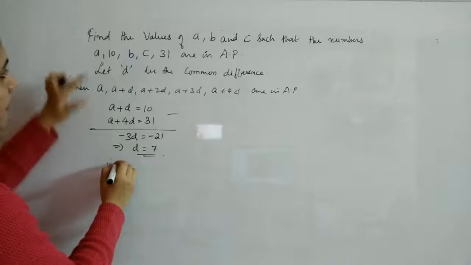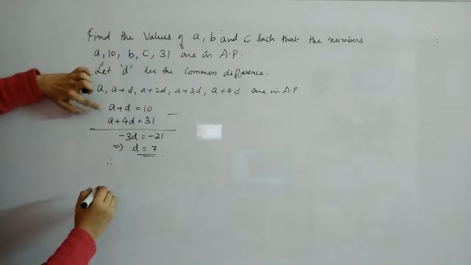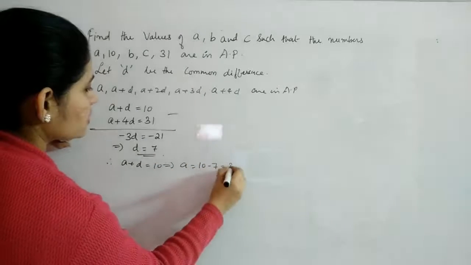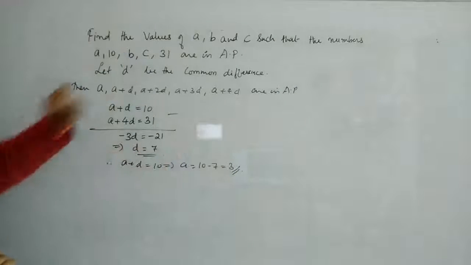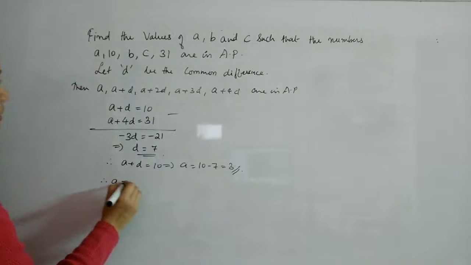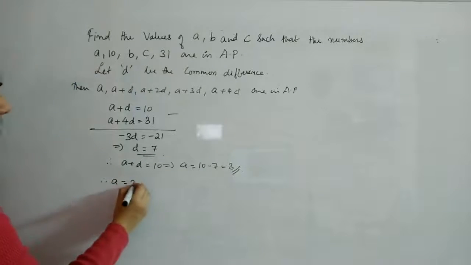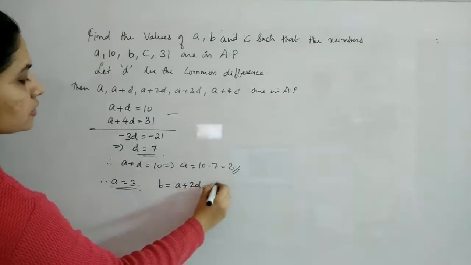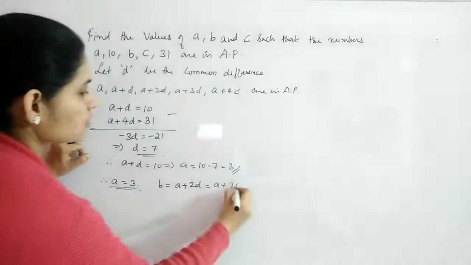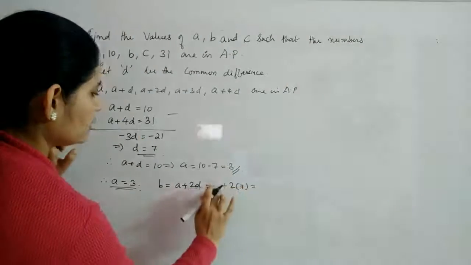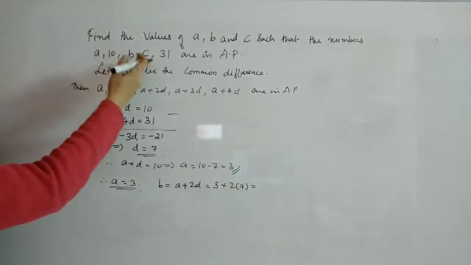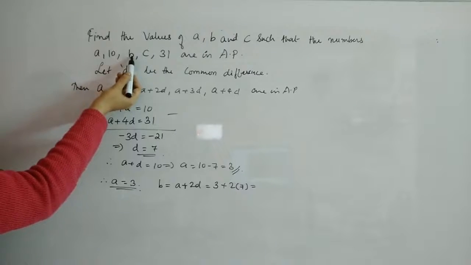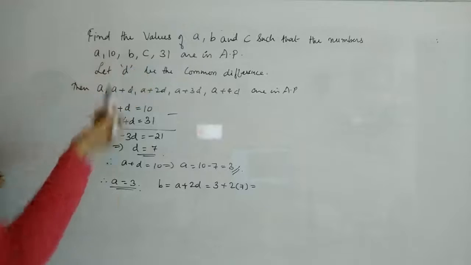Therefore, which one can you find out? D is equal to 7, and A plus D is 10, means A is equal to 10 minus 7, which will give you 3. Now you know A and D, so you can find out all the other terms. Therefore, this A is your first term, that is 3. Now B is what? It is A plus 2D, so A plus 2 into D, D is 7, A is again 3. Or else you can just add the terms: with 10 you can add D, so that you will get the next term. Again plus D, 7, you will get the next term. Like that also you can do.